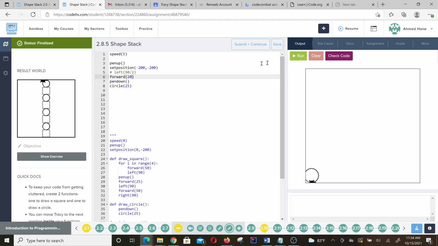Okay. All right. Well, I guess we can do 25. Okay, right there. All right. So we got a circle there perfectly placed. Okay. Now what we want to do